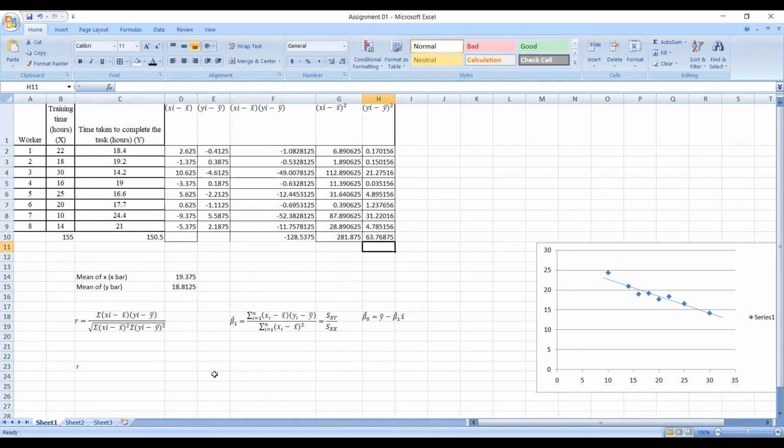Okay. So now we are ready to calculate the correlation. So our numerator, we have this one, minus 128.5375, divided by, we have to take the square root value of the product of these two, 281.875 into 63.76875. Right. So you can see our Pearson correlation value is minus